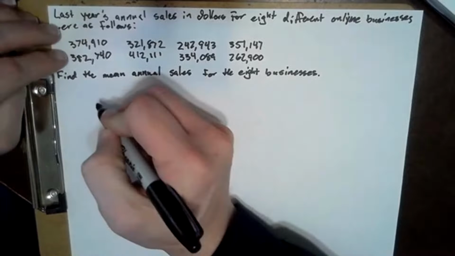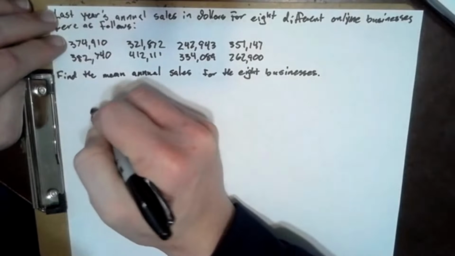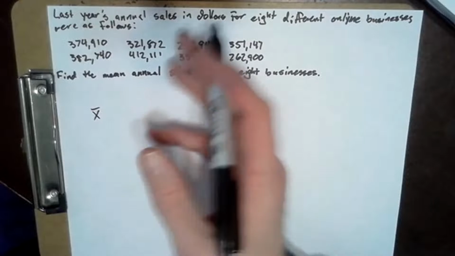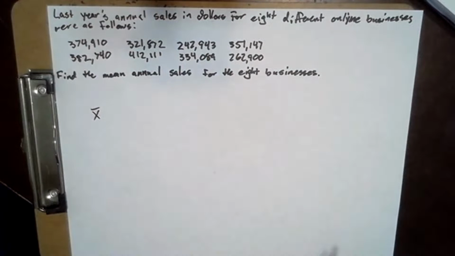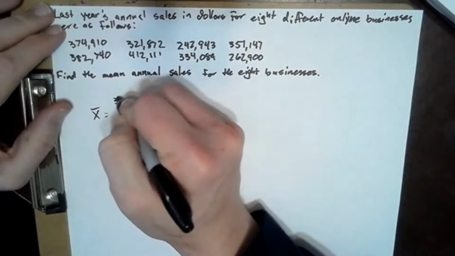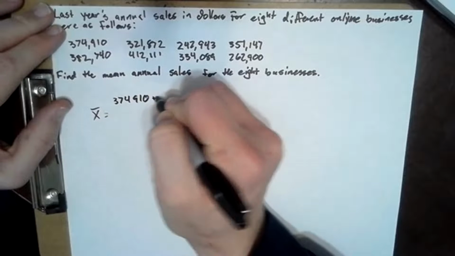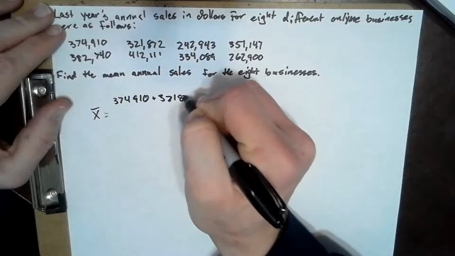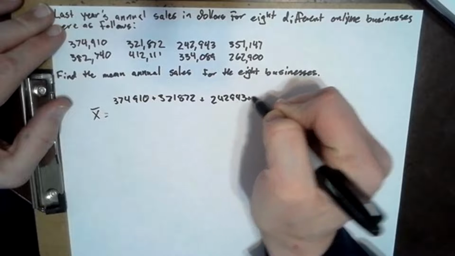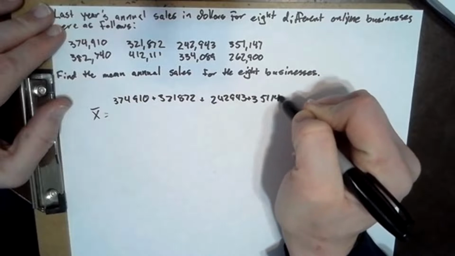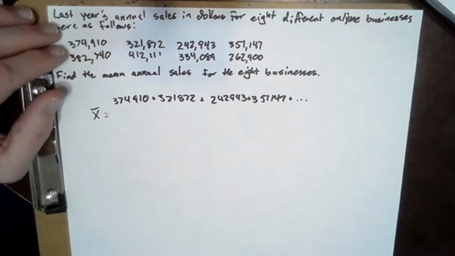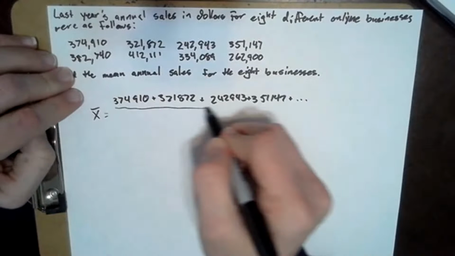You've done this before. We call the mean X bar if it's a statistic, if we have a sample. This is certainly not all of the online businesses, so this is a sample. X bar equals the sum of these values, 374,910 plus 321,872 plus 242,943 plus 351,147 plus, I'm just going to list dots there for the rest of them,